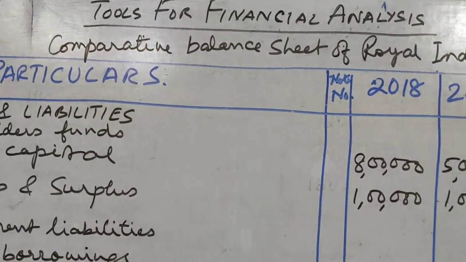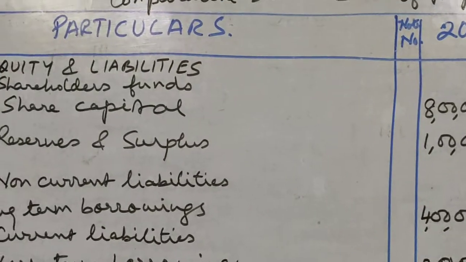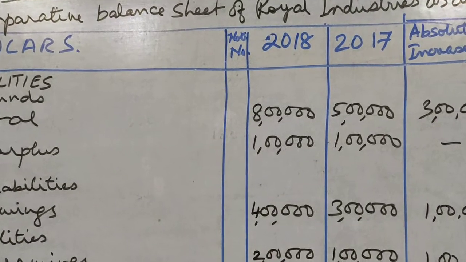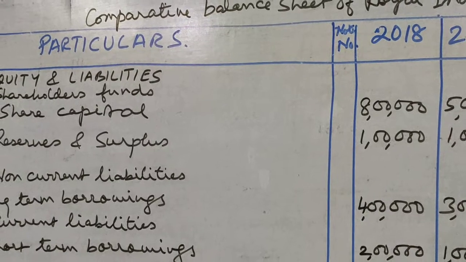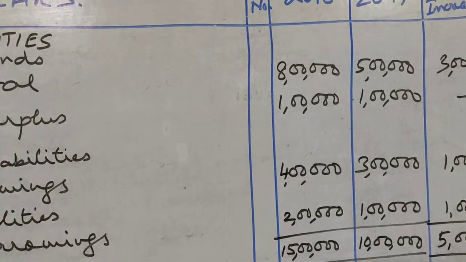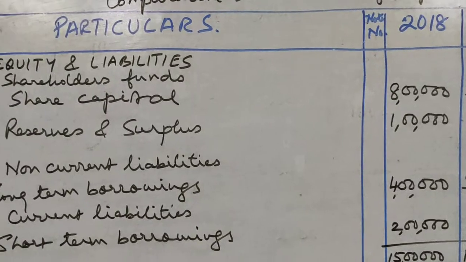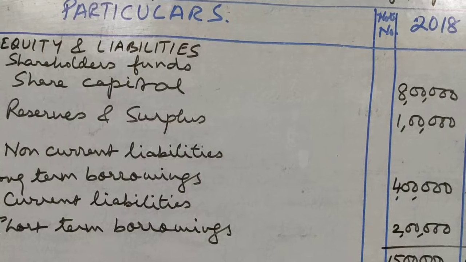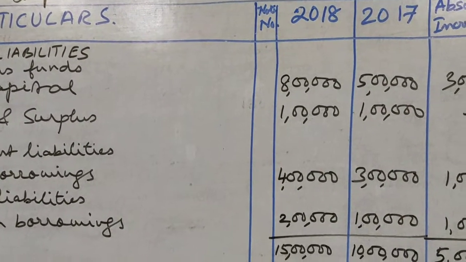So similarly, a comparative statement of profit and loss can also be prepared, and it will be prepared in the same manner. So balance sheet figures of 2 years are given, that is of 2017 and of 2018, and then we are making analysis of the same. Now, what is the importance of comparative statements? First importance is to make the data simpler and more understandable, so anybody and everybody can understand the data.